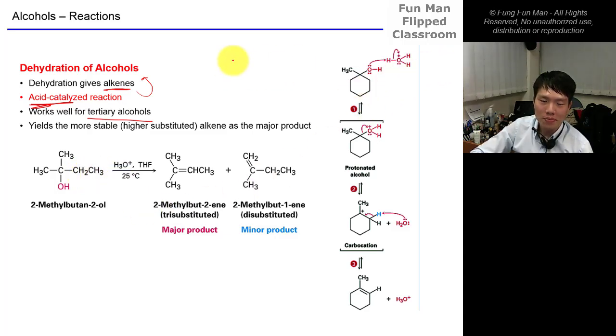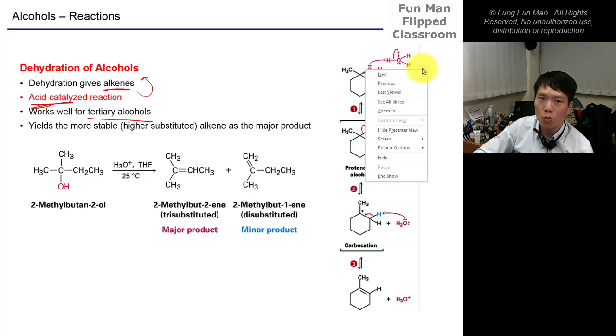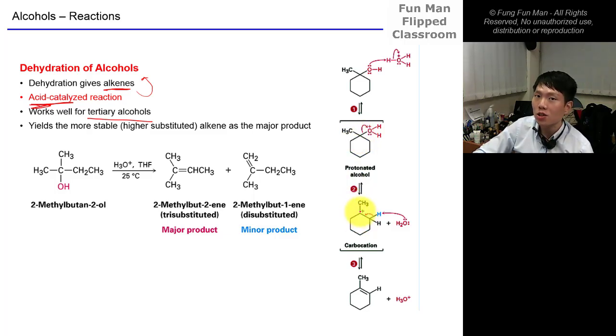Step 1. Use an acid first to protonate the oxygen of the alcohol. Then now O takes a plus charge. That means you weaken this bond here because now O wants electrons. So once this breaks and cleaves, what happens is you get a tertiary carbocation. Notice what I said, tertiary carbocation. Stable. And now the water, which is a weak base, can pick up the H adjacent to it to